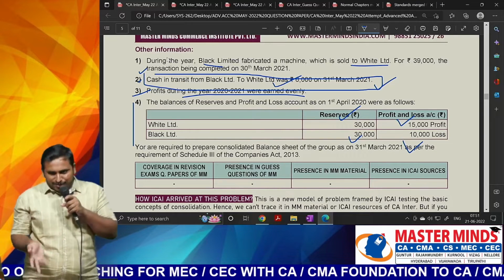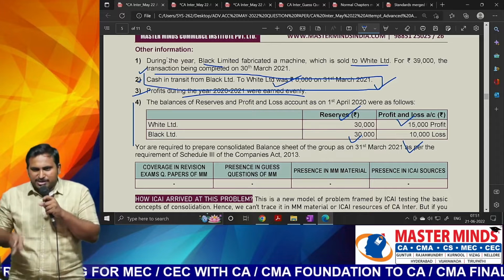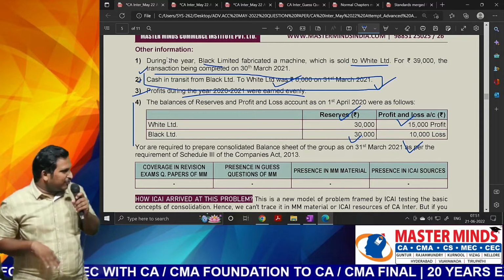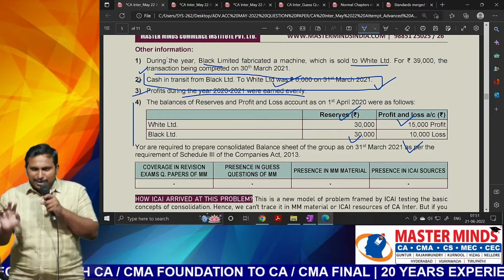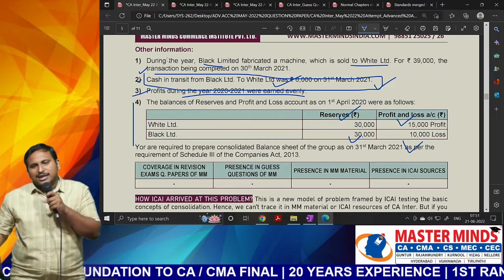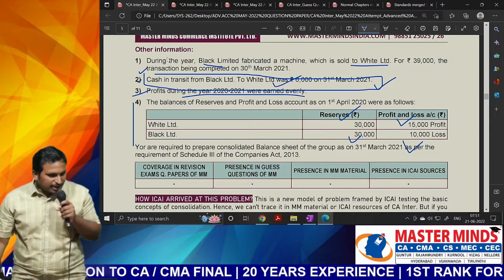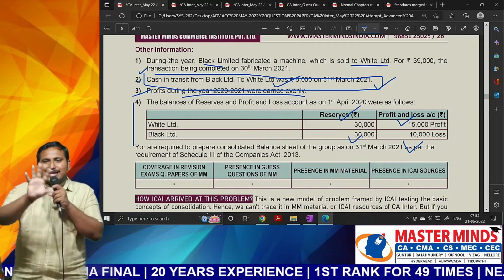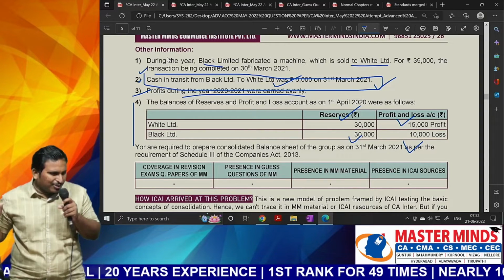If you attempt, even if you make mistakes on those 2 points, in a 15 marks question you generally get 13 marks, or 13 and a half if you write well. They may reduce 2 marks or 2.5 marks for those points. You will still get 11 marks. Are you getting the point? Just because 1 or 2 points are difficult for you, don't be afraid, sir.